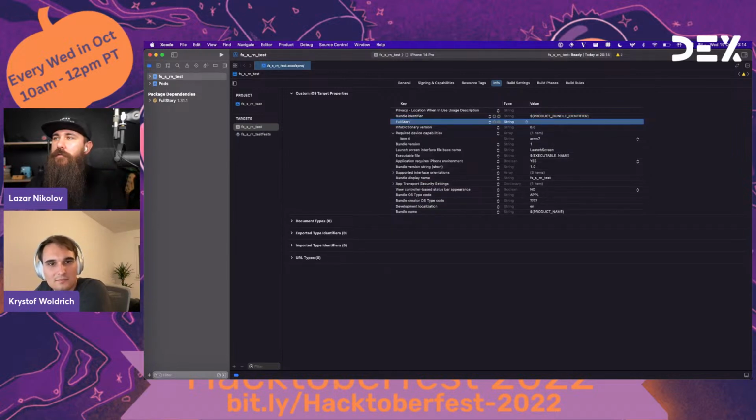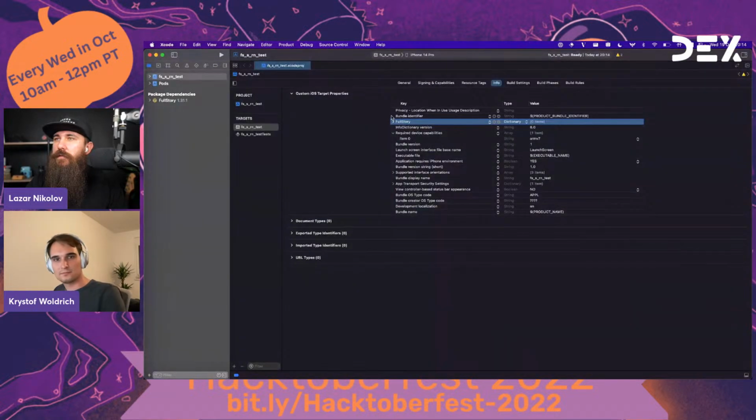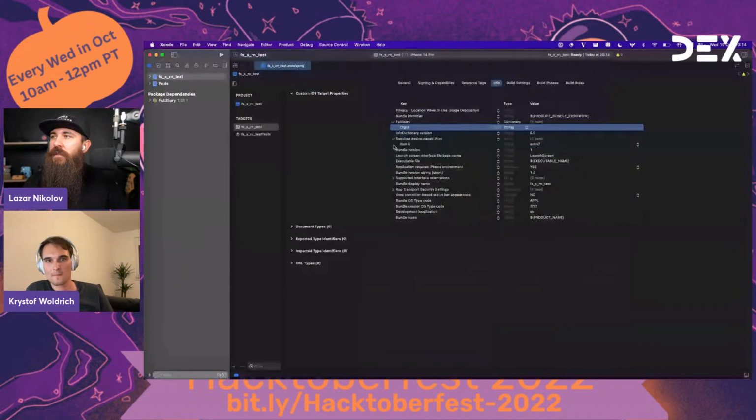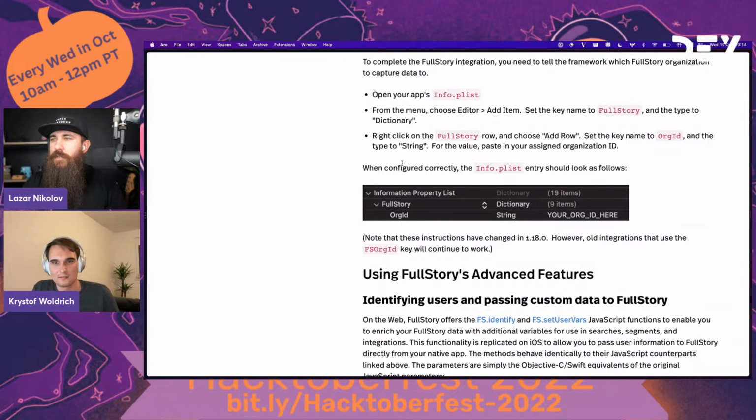It's going to be FullStory. It's not going to be a string. It's going to be a dictionary. We need to add, like, expanded, add org ID inside, and it should look something like this. Okay. And that's it, right? We only need, looks like,